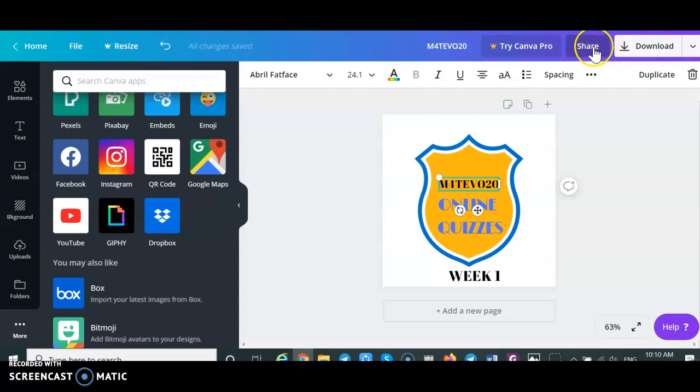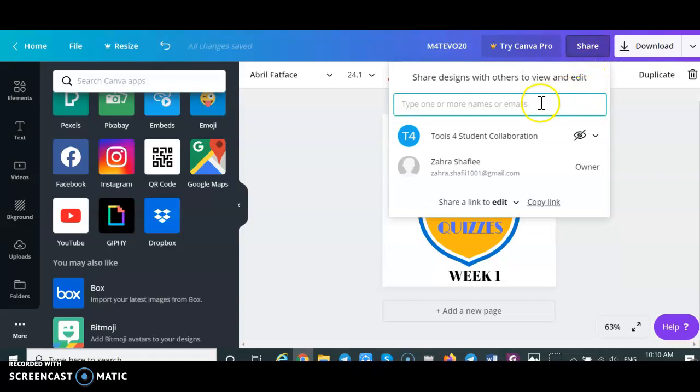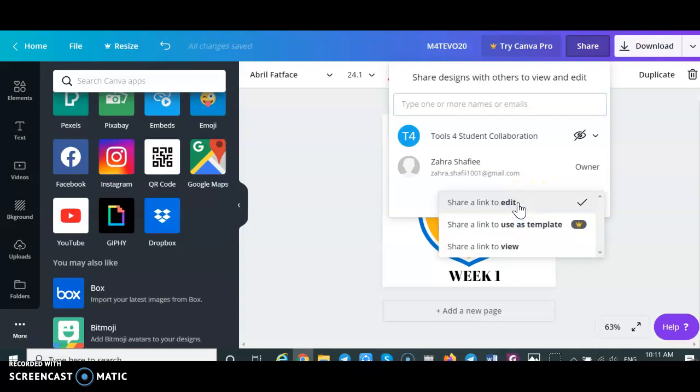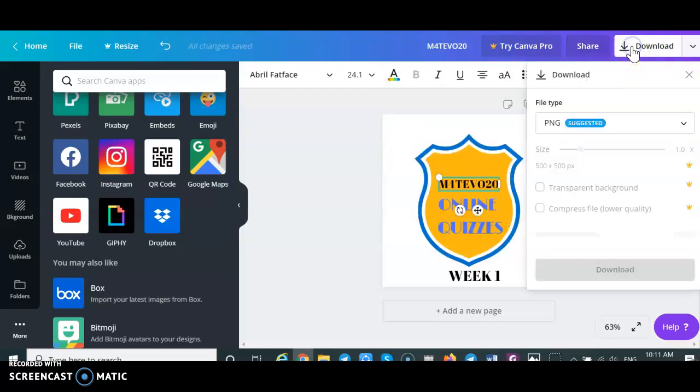it. We can share it through a link to somewhere we want. Share it, a link to edit with some people we want. I can share it with you. I can copy the link and share with you to be able to edit as a template or view, or also I can just download it,